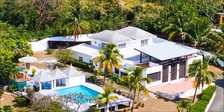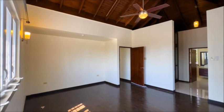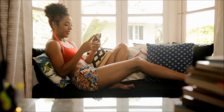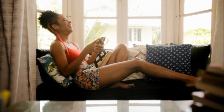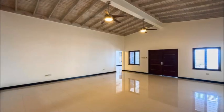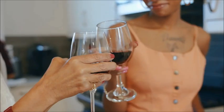Welcome to your dream in Beverly Hills, Kingston 6. This spacious house has 4 bedrooms with ensuite bathrooms. It's a home for individuals that enjoy their own space. It's also a home for entertainment with its expansive open concept living areas and in-room bar for family and friends